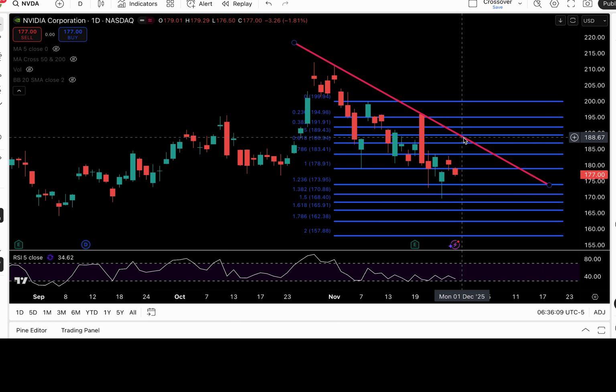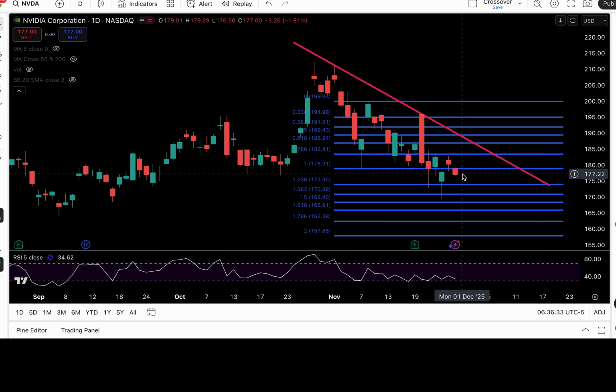And if that level clears, maybe, just maybe, we can get the third test of this downtrend line around the 188.5 area. And above 188.5 would put NVDA in breakout mode, and it would be very bullish. But right now it is looking bearish, and as long as it's below 178.8, more downside is possible,